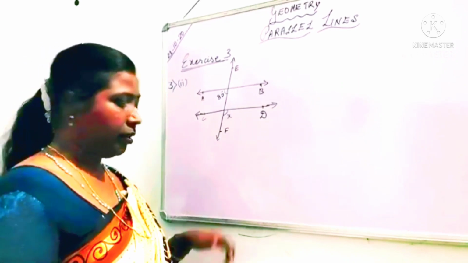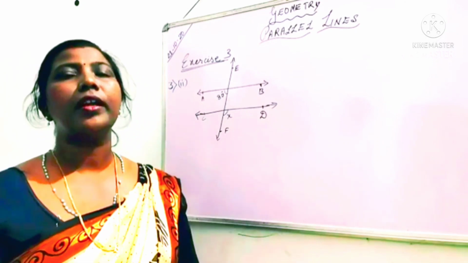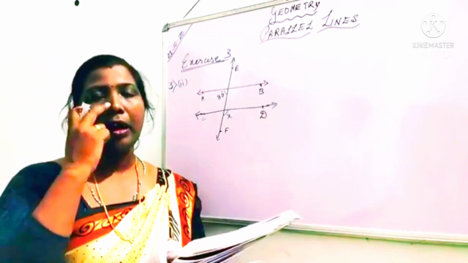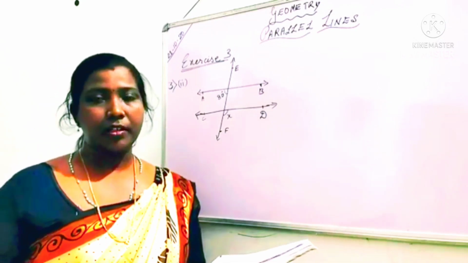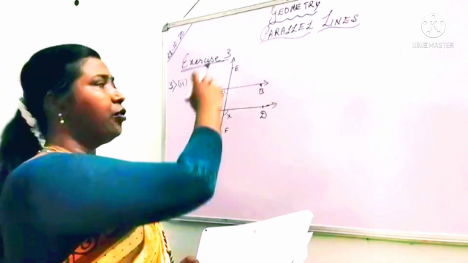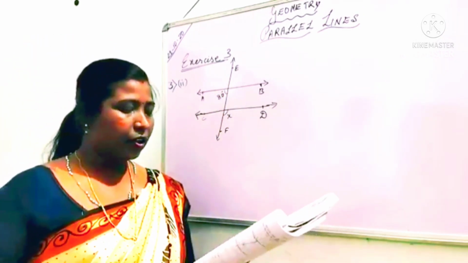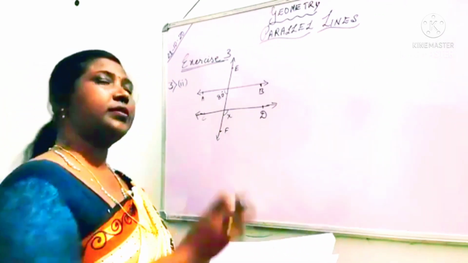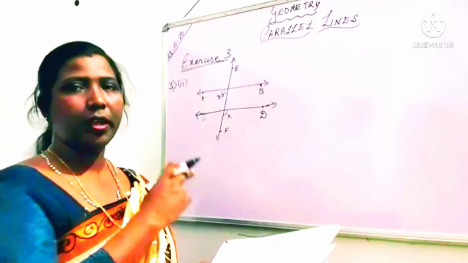The second question I have taken. The first question you can do it. By seeing the question only you can understand X degree is equal to 72 degree. How? By alternate exterior angles, because it is the outer part of the parallel lines. So it is an alternate exterior angle. And the third question is the same as this only. How you will do it, you will understand by doing this question.